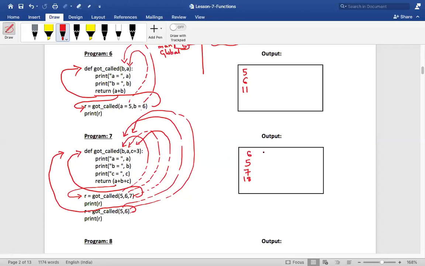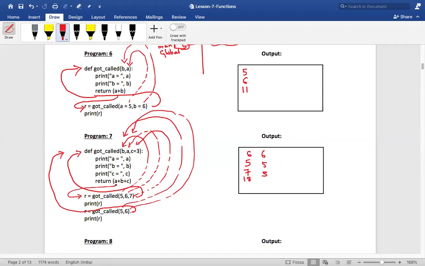Second, I'll write it over here. 6, then 5, then 3, then 14. It will print 14. How much is this? 6 plus 5 plus 3. It would be 14. And then what happens? The control... No, it's not 14, right? One second. It's not the step. So it will print 6, 5, and 3.